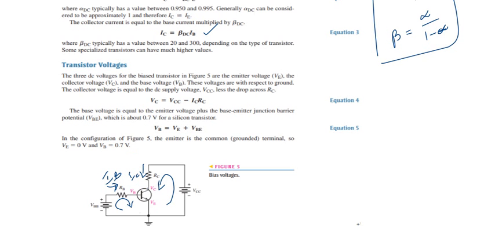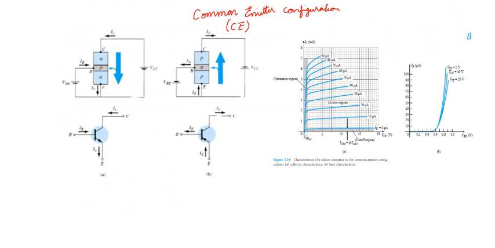This is how we will be deriving the collector voltage and base current for this given circuit. This is an example, the circuit can be of any form. For that, you have to apply Kirchhoff voltage law to solve it. Right. Now we will look at some configurations.